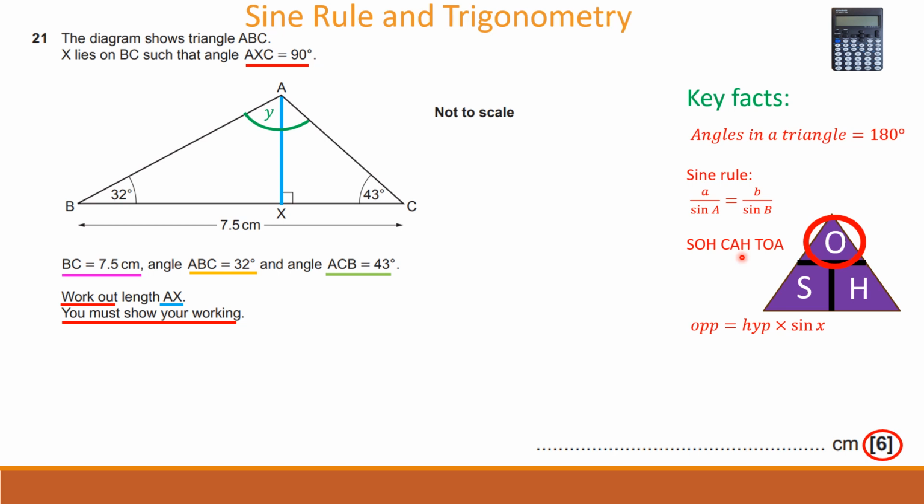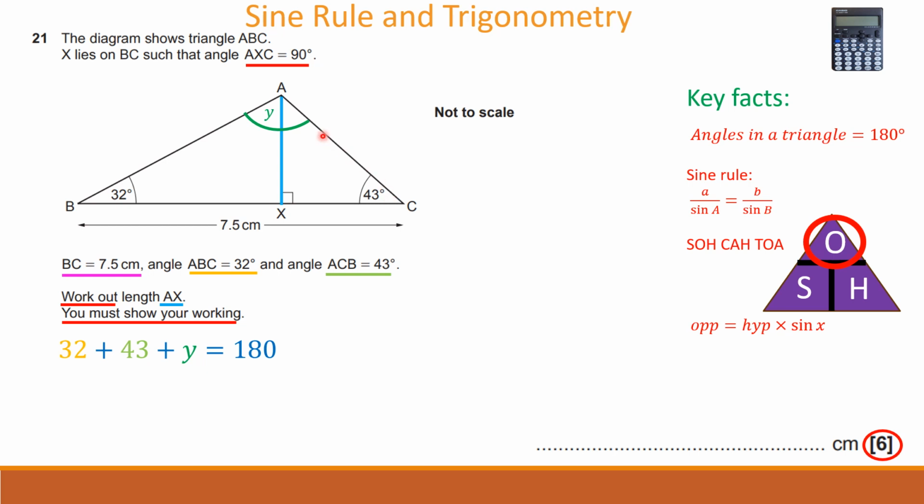So first of all, we're going to look at working out this angle here, y. Because if I work out this angle y, I can then use the sine rule because I've got an angle and I've got a side, and I've got an angle and I've got a side, which means I've got a side and an angle within this right angle triangle, which then means I can use trigonometry. So ultimately, we want to work out the length AC. So to help us do that,